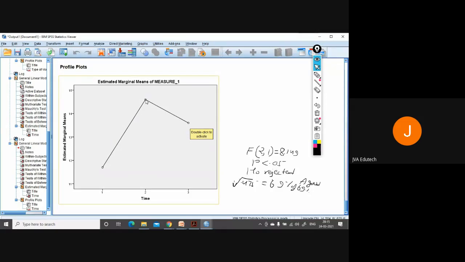And when they were given the test 6 months after the completion of the course, there was a little bit of decline in their scores. However, in all the three cases, their scores in the exam differ. So if such is the case, when you have three or more situations on the same sample, then you can apply repeated measures ANOVA or the GLM-4 model.